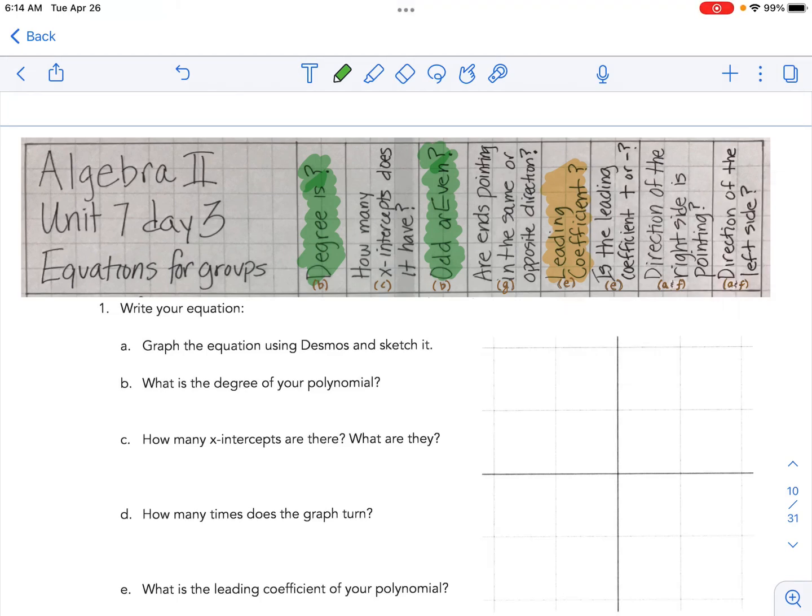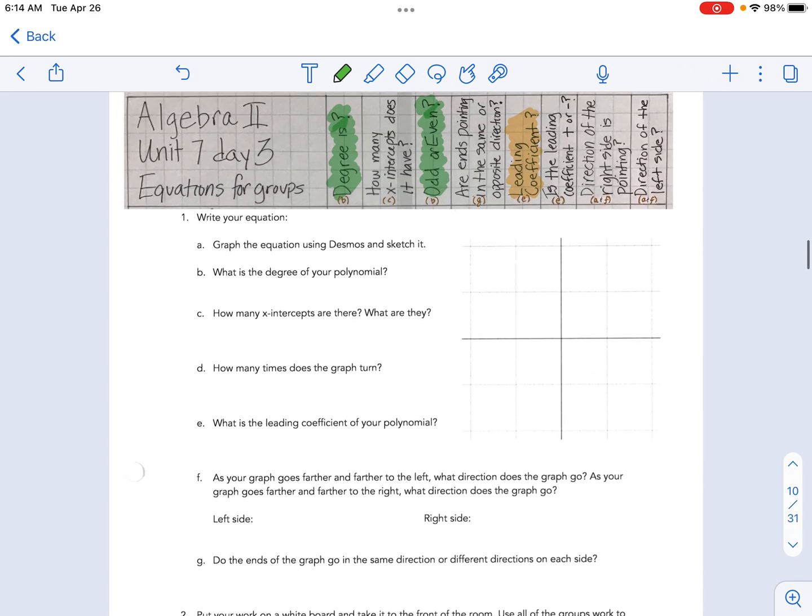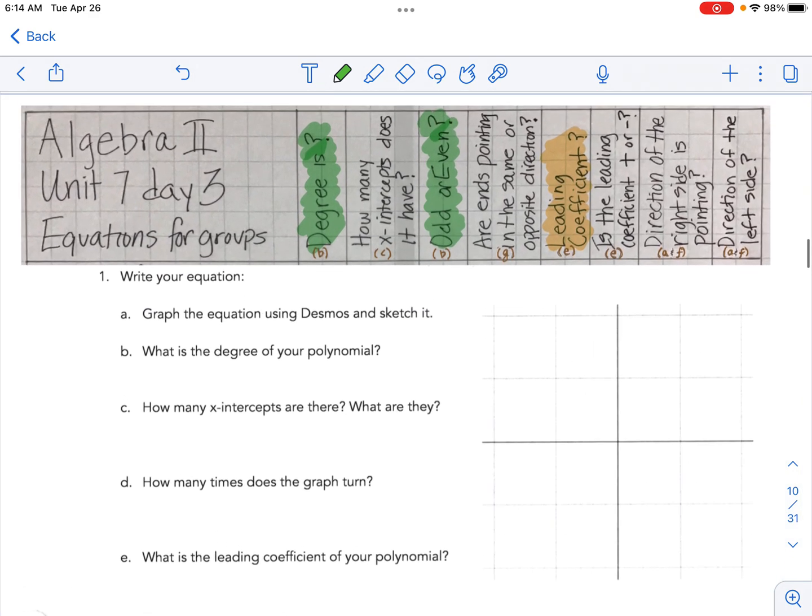These are the notes for Unit 7, Day 3, and this involves doing an activity. So if we were face-to-face, we would break up into groups and have each person do a part. If you are viewing this to get the notes virtually, then I'm going to have some special instructions for you. But what we're going to do is look at several functions, and we're going to draw some